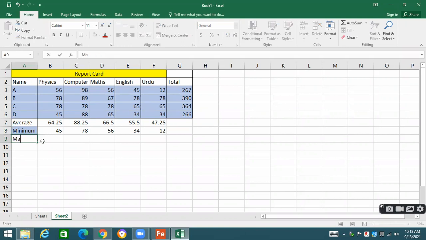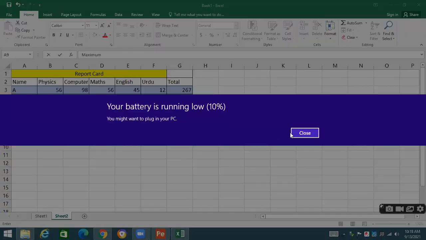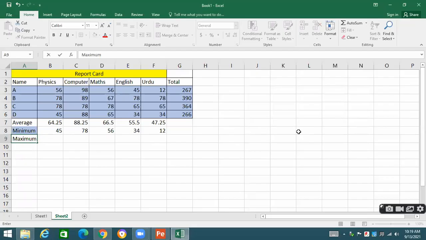Maximum, how can you calculate the maximum value over here? Please see the strategy that we are going to apply.